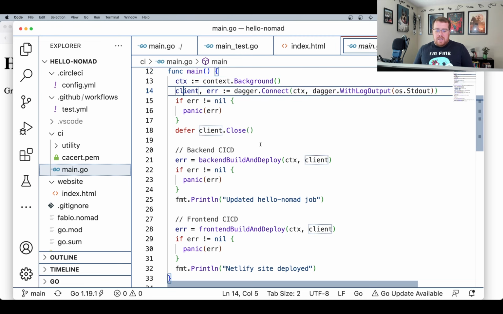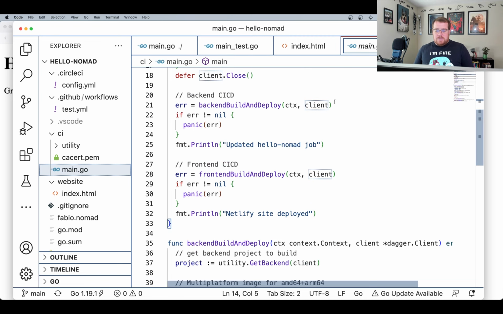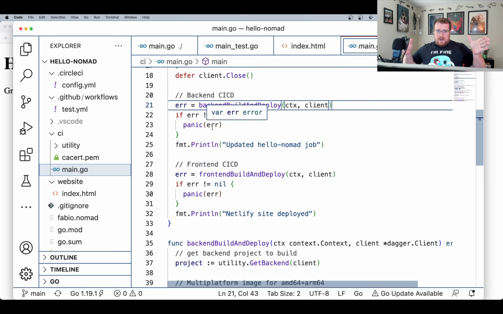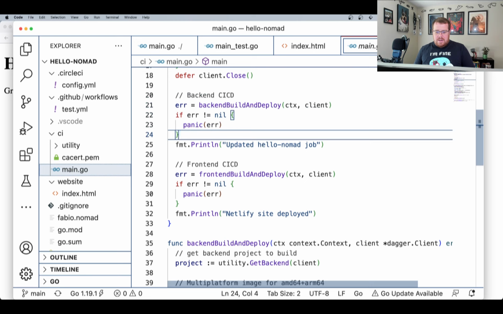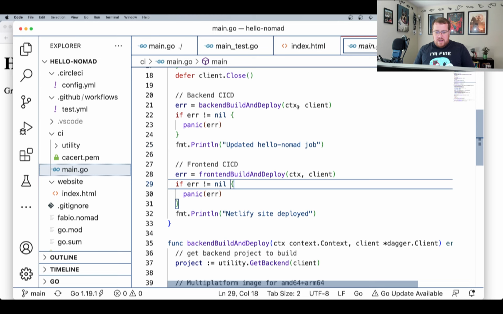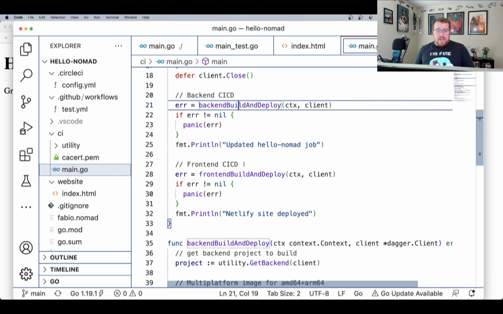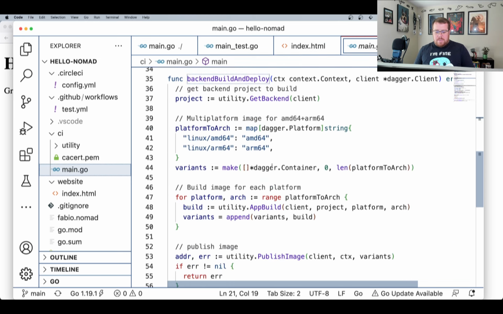And so with this client, we're going to first pass this into our backend build. So again, we've got the backend and front end that go through those different paths. Our backend here is going to do this backend build and then return, and then our front end is going to build after that. So if we jump over to our backend build first and walk through that step by step,